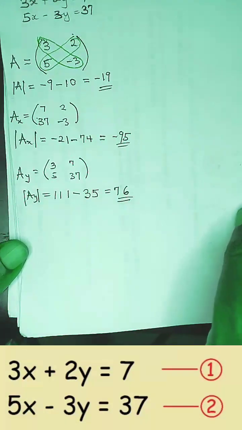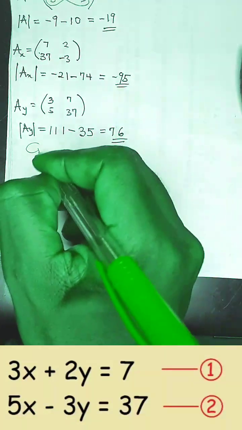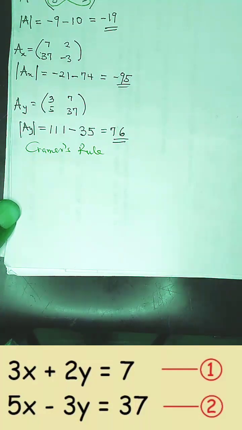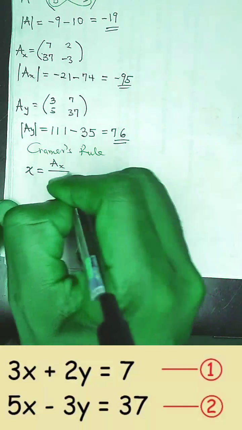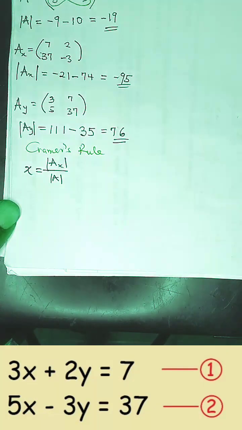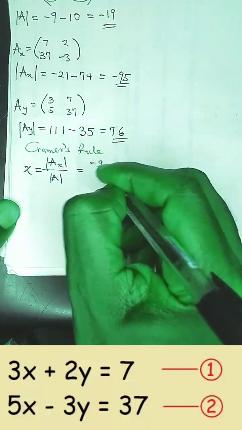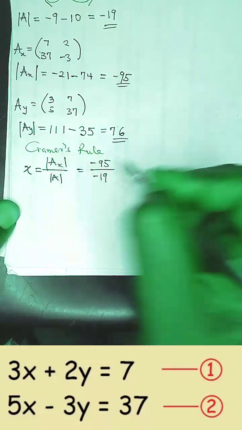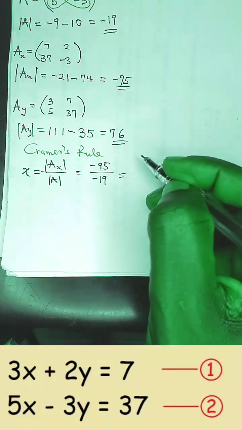So the next now is that I'm going to apply the Cramer's rule. Cramer's rule says that for you to get your X, you use your determinant of A subscript X divided by your determinant of A. And we have gotten our A subscript X as minus 95 divided by our A, which is minus 19. You get that? And when you do that, that will give us